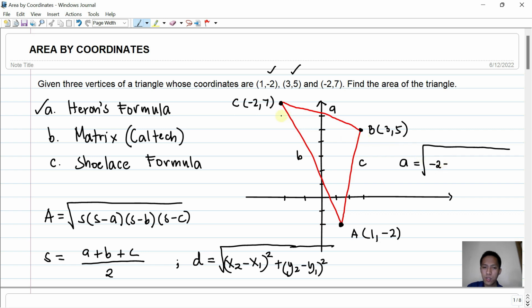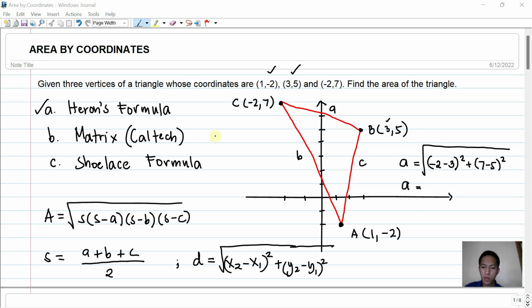Okay, minus x sub 1, that is 3. So 3, and that is squared. And we have y sub 2, that is 7. So that is plus 7 minus y sub 1, that is 5. So minus 5, and that is squared, and we can get the side BC, or the length of the side